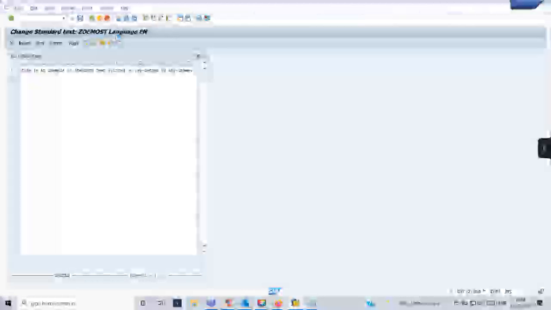Just let me wait for some more time. Okay, now I'll go back. If I see the print preview, this is an example of standard text printed on. My system variables, they'll print it. So likewise, instead of system variables, you can use the program variables as well. That depends on the program. Now what we will require is these details, two details at least, the standard text name. So this ZDEMO ST, I'll just note it down. Now I'll see how I can use this in my